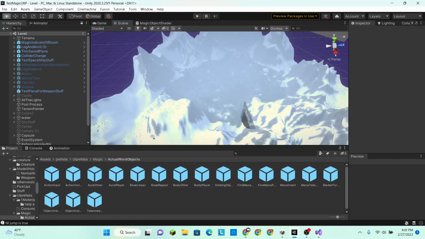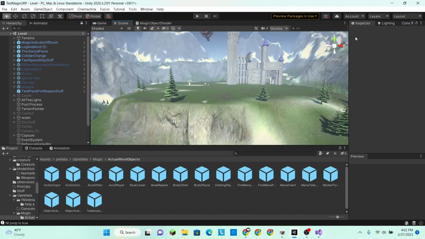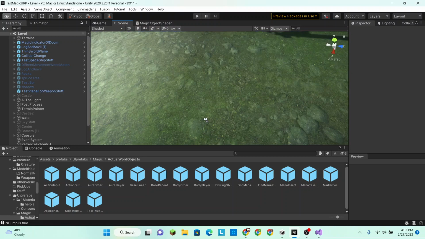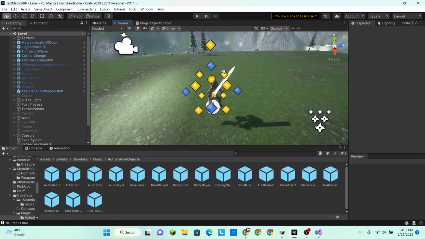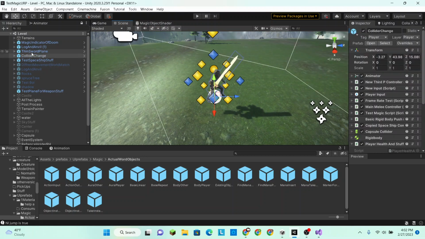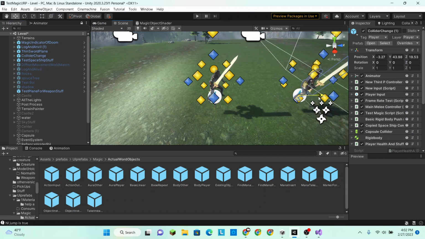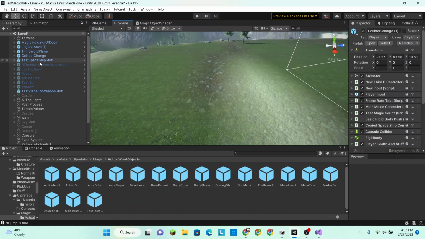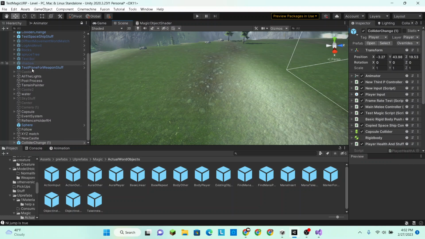But I do not want to do multiplayer in this tutorial because there wasn't a lot of tutorials about it when I researched. So, what we're going to do is we're just going to take our player. We're going to Control D to duplicate him. We're going to make a second player,